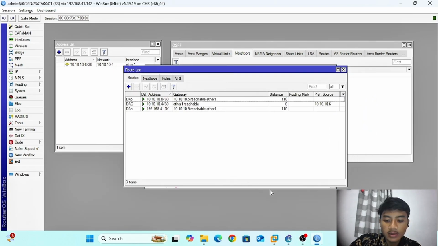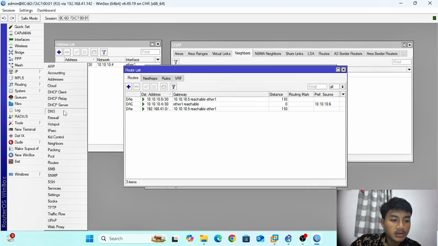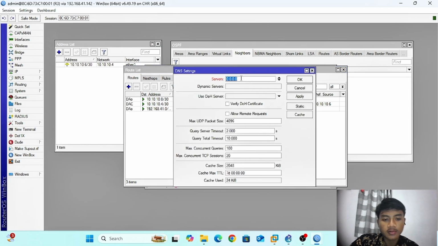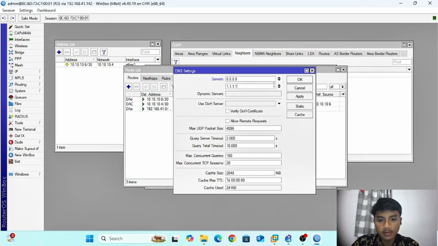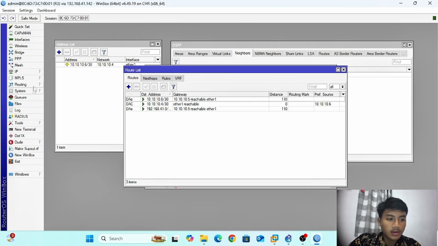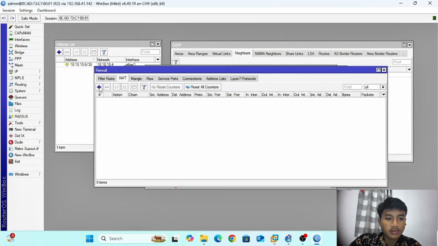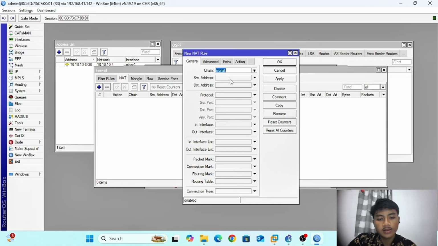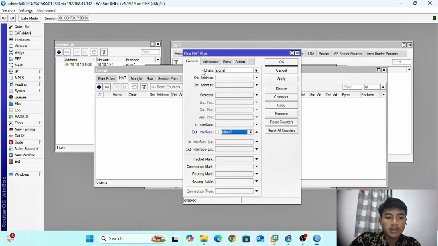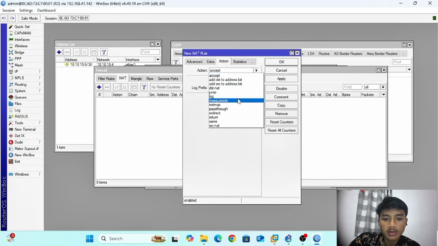Okay, and then I will set DNS and check allow remote requests, and then I will config NAT, source NAT on the interface of router 1 because the route to internet is from ether 1, action masquerade.